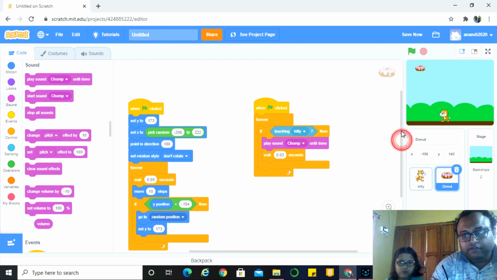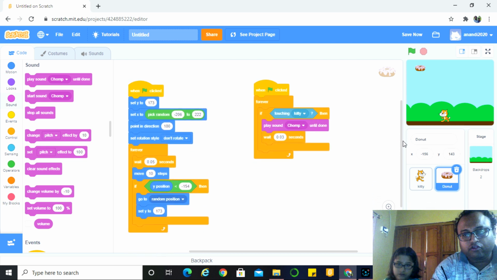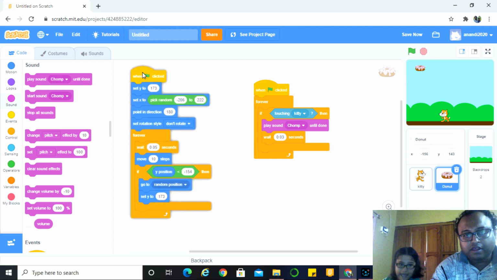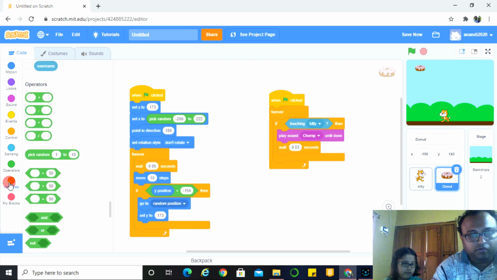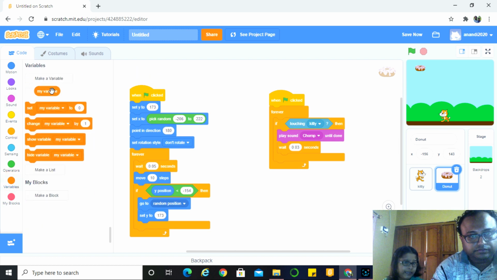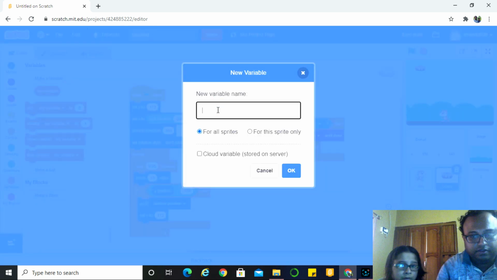Okay. So now, Anandi, when you are eating the donut, you need to increase the score, right? Yes. How will you give a score? We will go to variables and there is an option, make a variable. We will click on it and there is one option, for all sprites or for this sprite only.